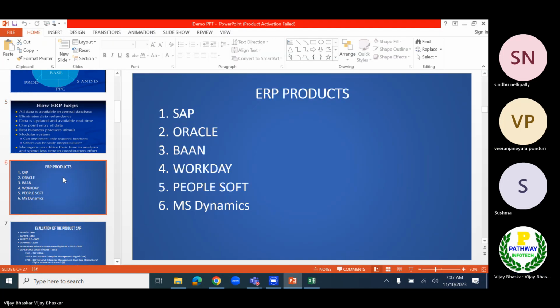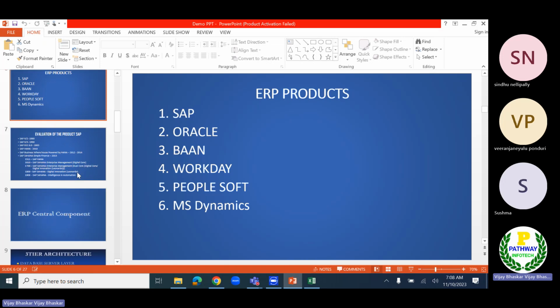Now, ERP products: as I mentioned, SAP is also one of the ERPs, along with Oracle, BAN, Workday, PeopleSoft, Microsoft Dynamics. Again, there are n number of ERP products available. Out of them, only a few I have described here to understand.